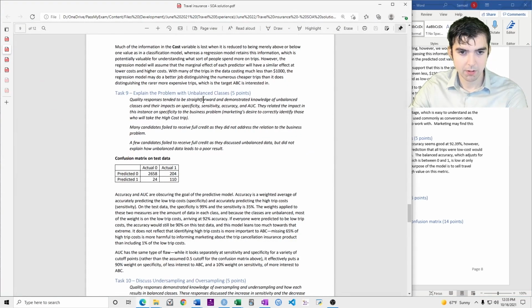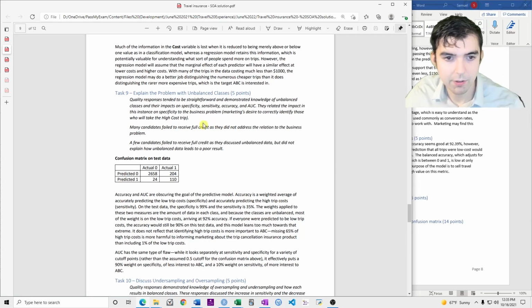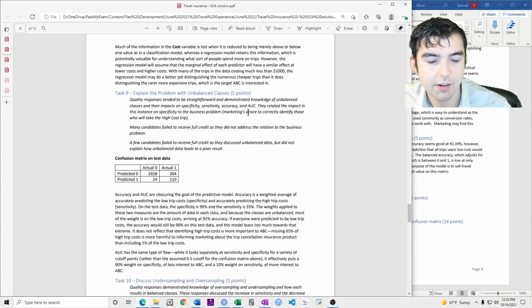Quality responses tend to be straightforward in demonstrating knowledge of imbalanced classes and their impact on specificity, sensitivity, accuracy, and AUC. They relate the impact in this instance on specificity to the business problem, marketing's desire to correctly identify those who will take the high-cost trip. Many candidates failed to receive full credit as they did not address the relation to the business problem.